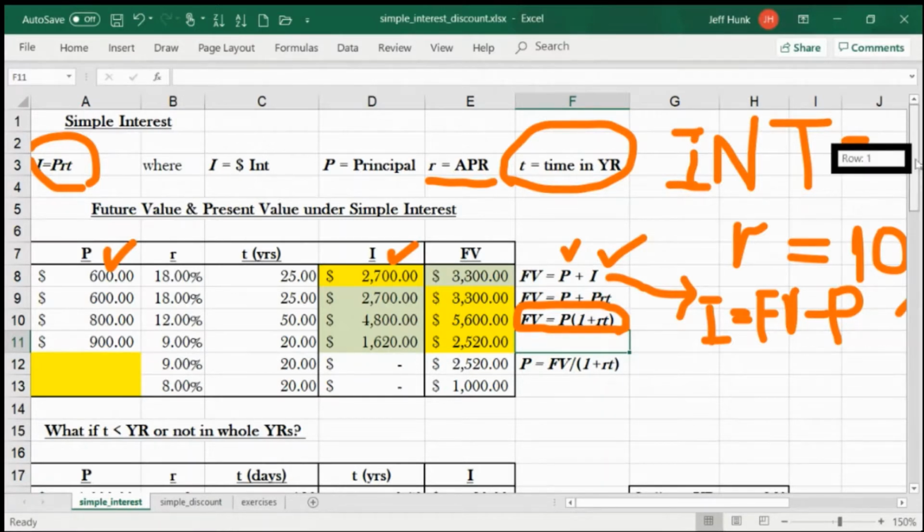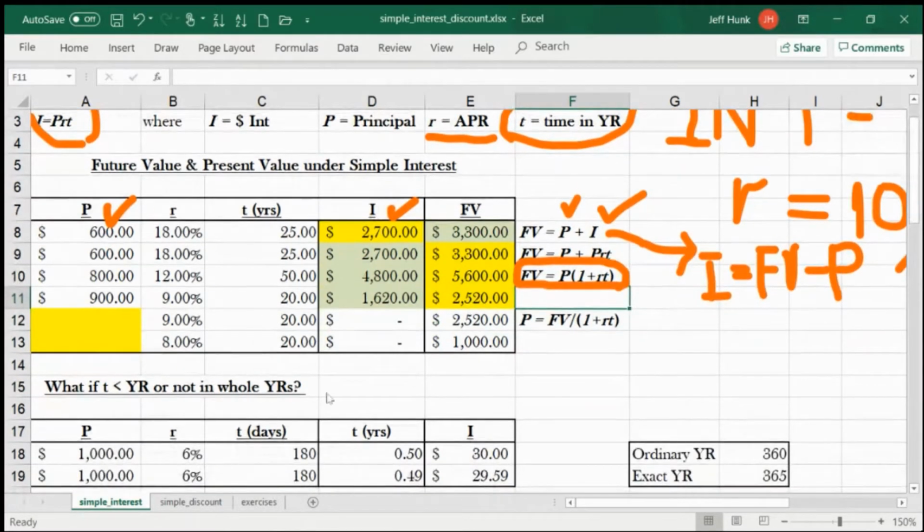So the next question is: in reality, since simple interest is used only for the money market, where the maturity is less than 1 year,